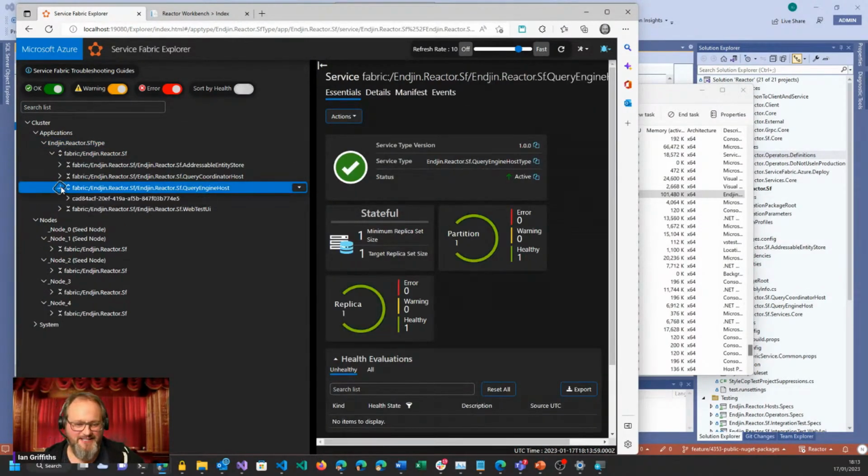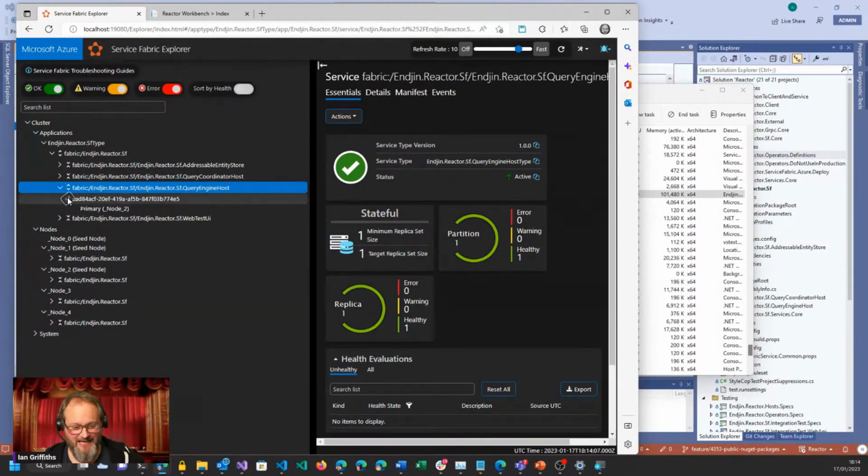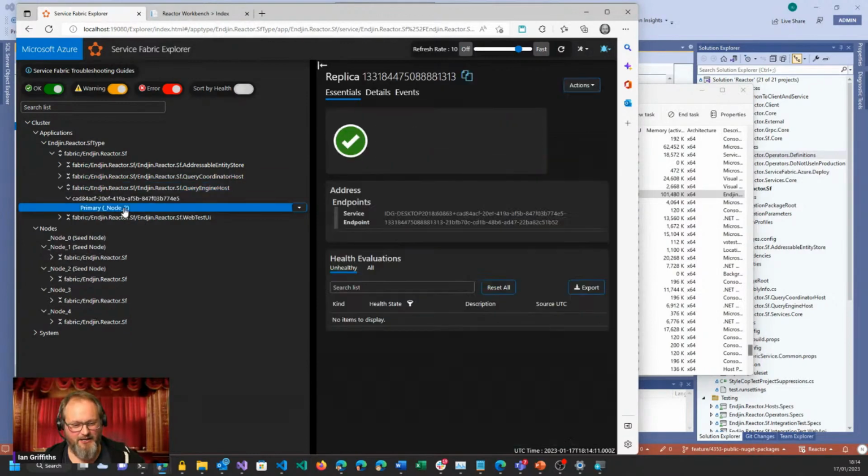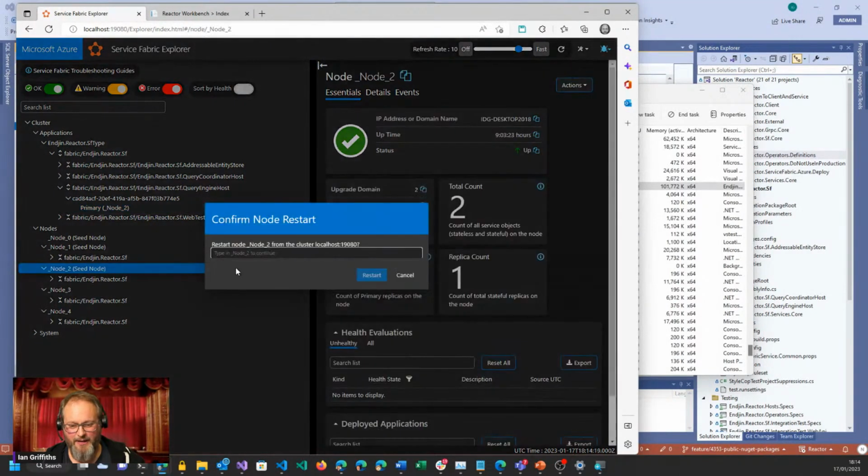I've got a very simple environment here. Normally you'd have loads of query engines. I've got just one in order to make it really easy to find for the purposes of this demo, because I want to destroy the node that it's running on. So it's saying, okay, you're running on node 2 in our compute cluster, so fine. I'm going to blow that away. Let's go into node 2 and say time to go away. I've got to say, yes, I really mean it.